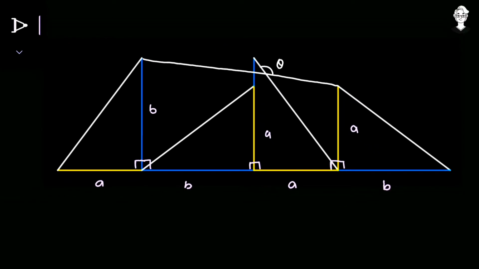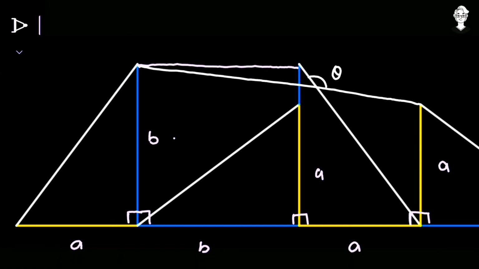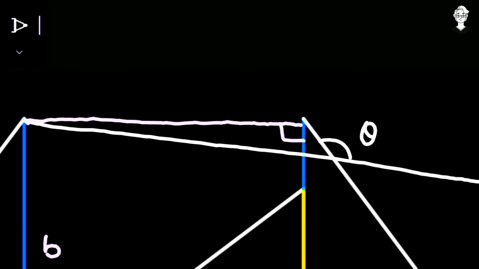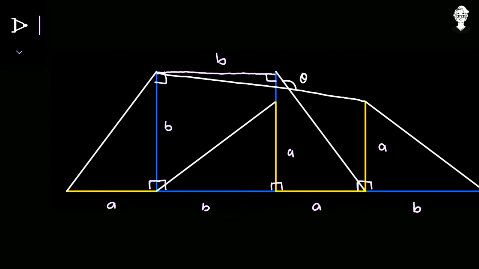Okay. Now second thing what we can observe is that if I join a straight line from this top corner to that top corner, we can observe that in this quadrilateral, three sides are already equal. This is B, this is B, this complete length is B, the base two angles are 90 and 90, and as this top line is also a straight line, this is also 90, that is also 90. So in a quadrilateral, three sides are already equal, so the fourth side also becomes equal to them, and the equal side is B. So what we have generated over here is a square, and the side of this particular square is equal to B.